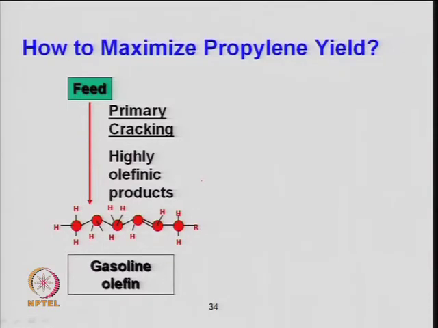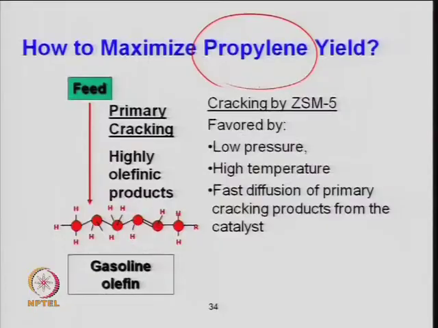When you have a pyrolysis type process, where the hydrocarbon is cracked, you get more and more olefins. When you have a refinery process, you do the cracking, but the intention is to get the gasoline range of hydrocarbon. So for cracking in the refinery we generally use a zeolite based material, just as I said for FCC gasoline. But in the pyrolysis process, which is for the petrochemical industry, we take something like a silica alumina type catalyst, a different kind of catalyst system, calcium aluminate type or magnesium aluminate catalyst. They enhance olefin production. So that is again a challenge: how to enhance the propylene yield during the operation.